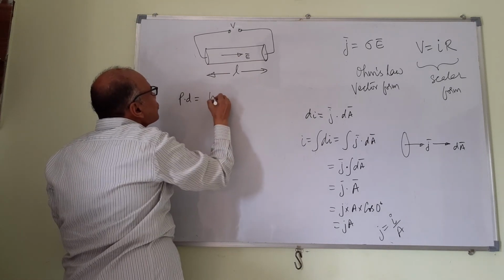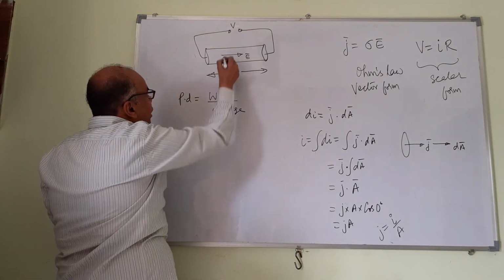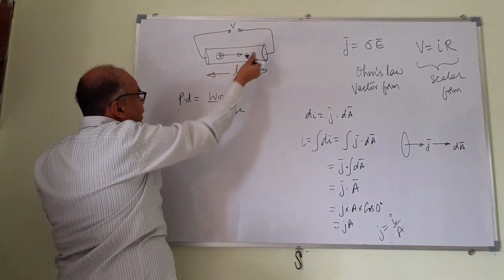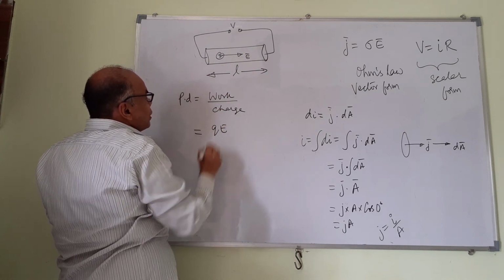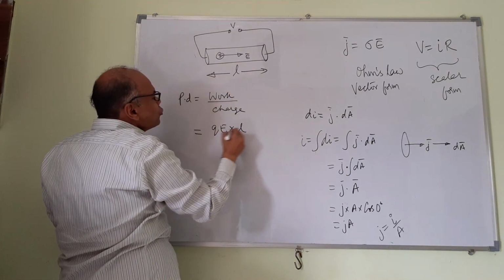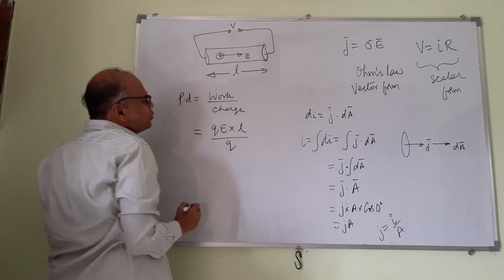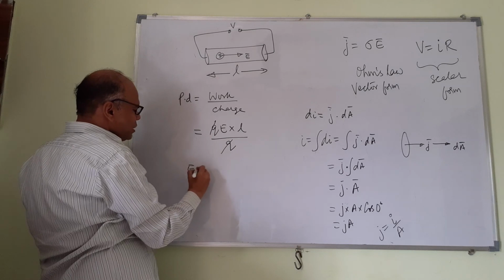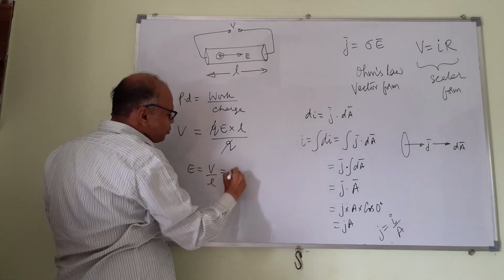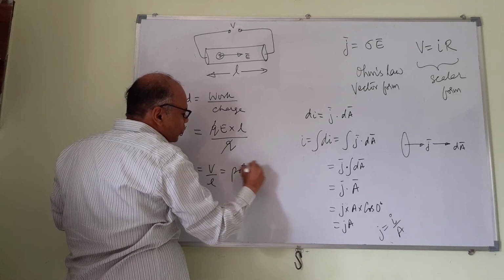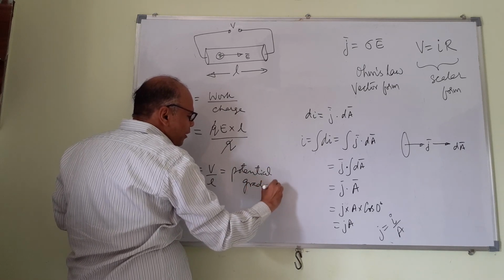So the potential difference is work per charge. Now what is the work? If a charge Q is, let us say, moving, of course we know it's electron in the opposite direction, but I am taking it as Q. So the force would be Q into E. The distance travelled is L. You know force into displacement is work by the charge Q. So Q cancels. So you get E as V by L. It is also called potential gradient. Potential gradient is any slope. So it is called potential gradient V by L.